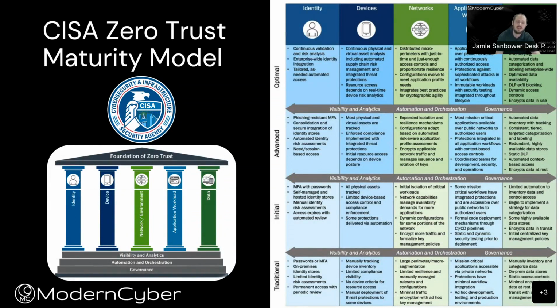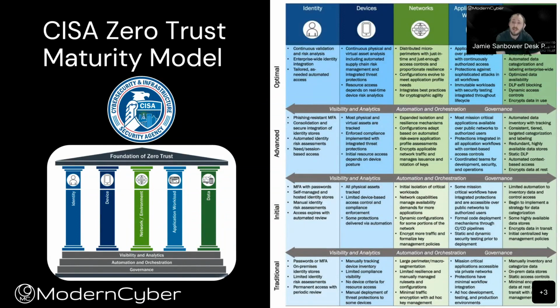And so you can see on the left-hand side of the screen, we've got identity, device, network, applications, and data. These 5 different pillars then can be evaluated from how effective are my security controls as it relates to zero trust maturity. And just to take one example, if we look at maturity for zero trust for networks, if we look at the optimal